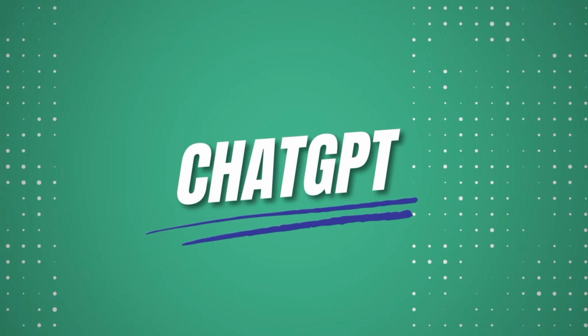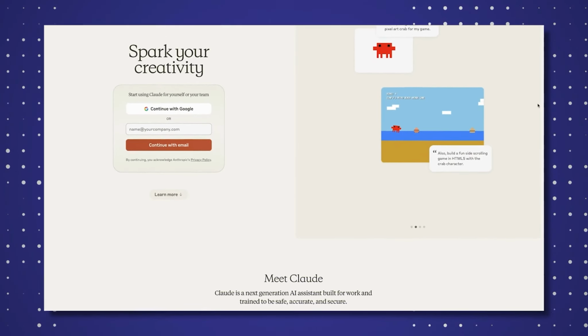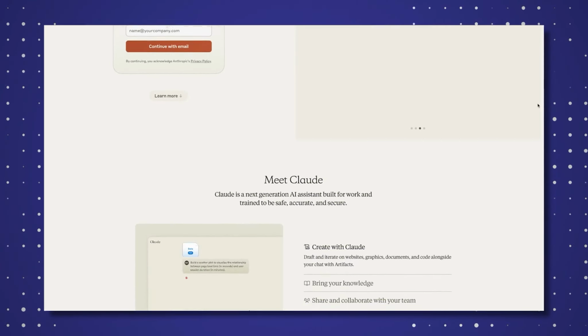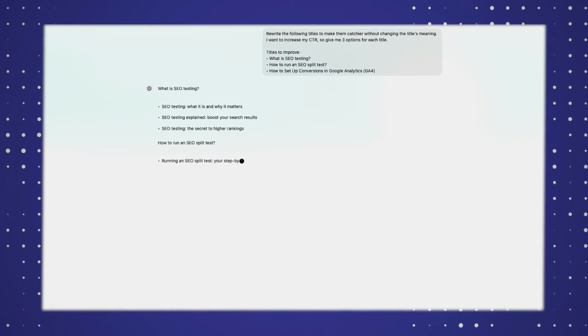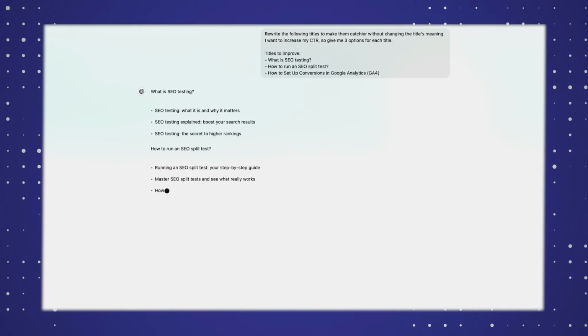ChatGPT and other LLMs like Claude are powerhouses for everyday SEO tasks. They can help you with simple things like writing meta descriptions, optimizing page titles, or writing image alt text. Although these are simple tasks, they can have a positive impact on traffic, as some of our SEO tests have